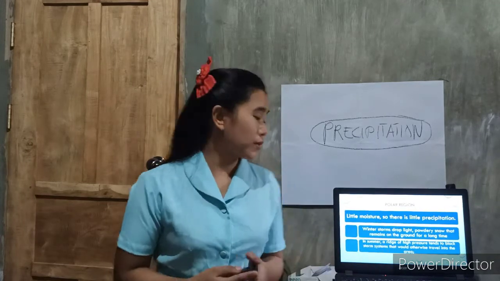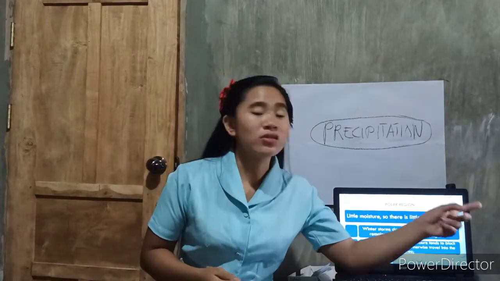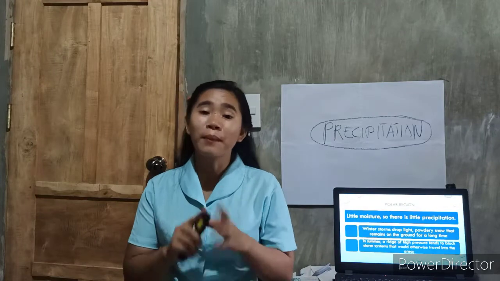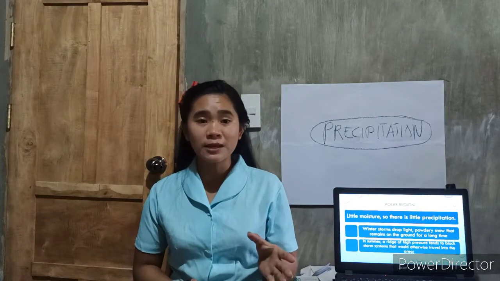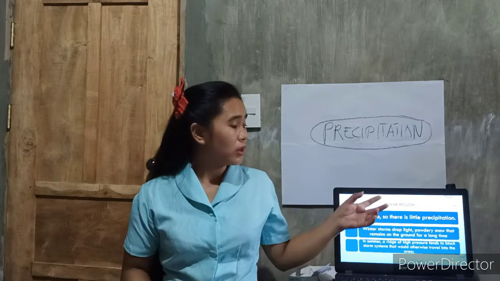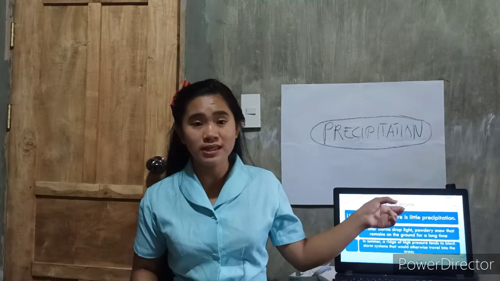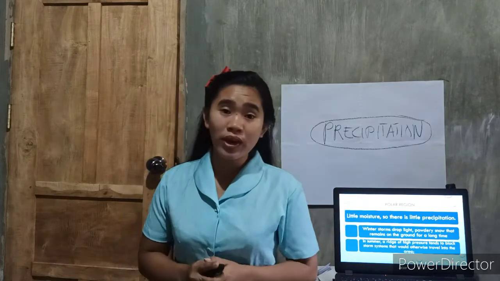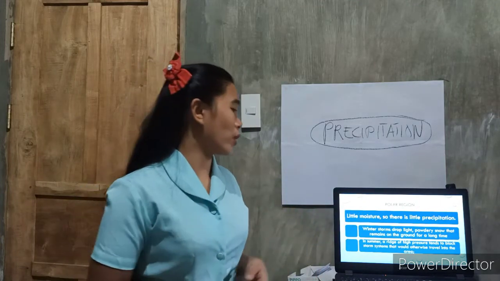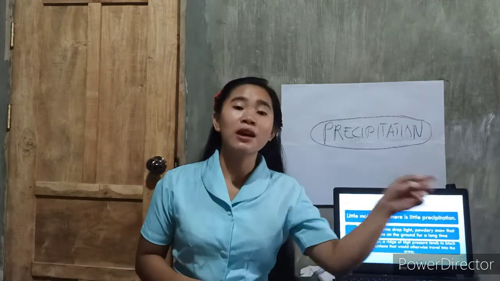Winter storms drop light, powdery snow that remains on the ground for a long time because of a low evaporation rate. Because, as I have said, the polar region is not exposed to sunlight, we have a low evaporation rate, resulting of course in little moisture and